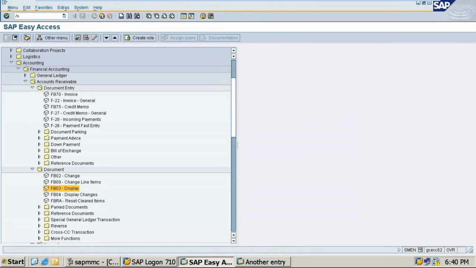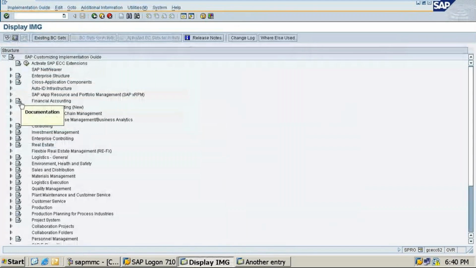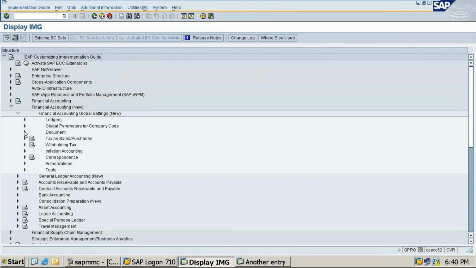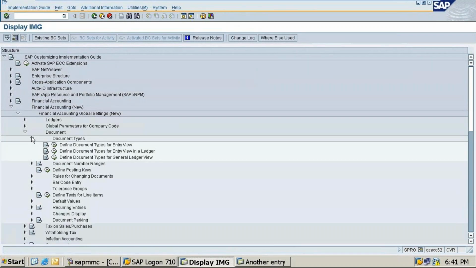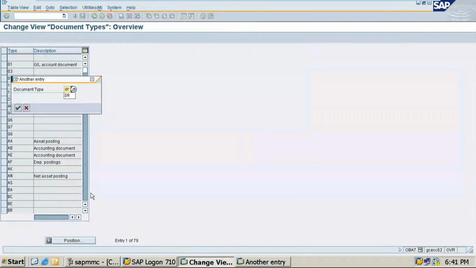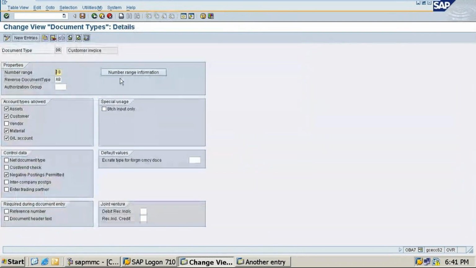I'll go to SPRO, SAP reference IMG, financial accounting, global settings, where you created the document types. The 18 number range you have not done. DR is for customer invoice. Yes, this you have not done.